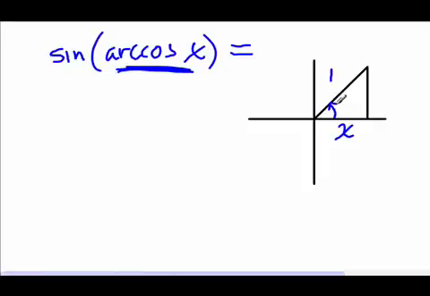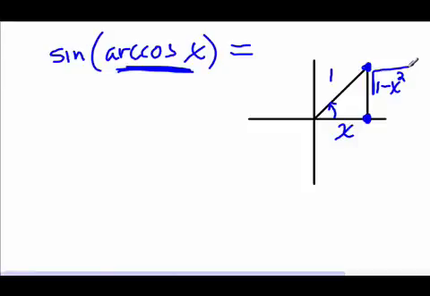Now I'm going to turn around and take the sine of this angle. Well, I'm missing this piece from here to here. And if I use the Pythagorean theorem, what am I going to get? It's going to be an expression of x. So it's going to be 1 squared minus x squared, take the square root. There's my expression for the y component,